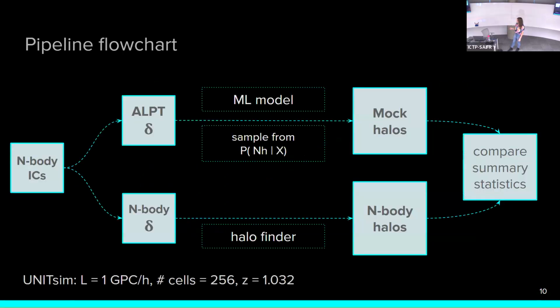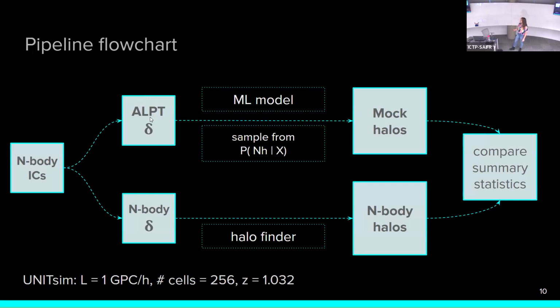This is just to explain the pipeline. We take an N-body simulation. It has initial conditions, which have been evolved with the N-body solver. Then it runs a halo finder. So we have our dark matter density from the N-body simulation and our halo positions, which we can represent in a grid like that and compute the dark matter field and the halo field. But we can also take these initial conditions and run our approximate gravity solver, and compute the approximate dark matter density field.